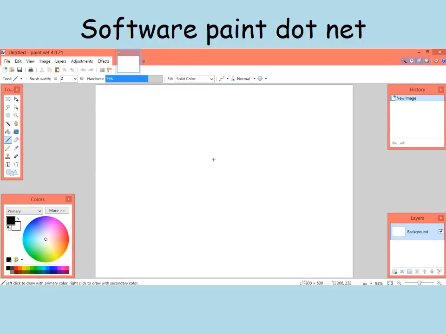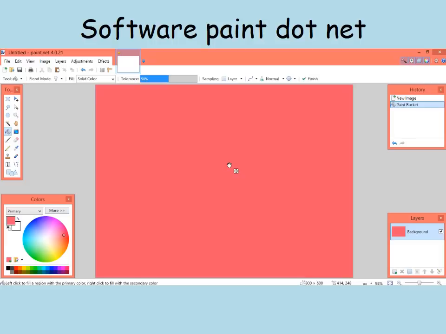Paint.net is a graphics package and it allows us to edit or create images. On the left hand side we have our toolbar, the bucket, which is our fill effect. We can choose a color if we'd like, and if we click once it will then fill the page that color. I can select a secondary color,